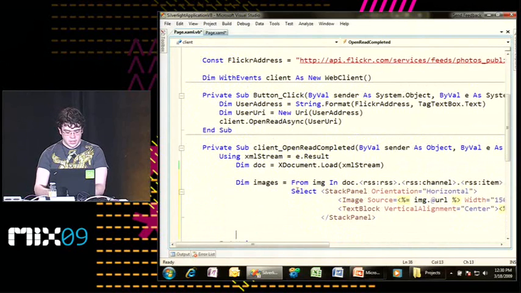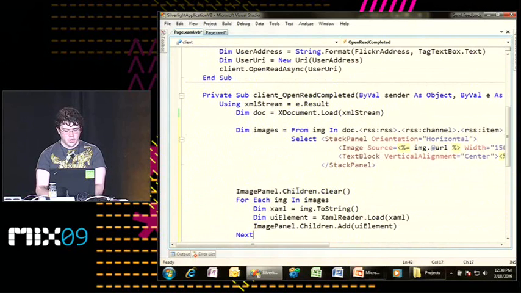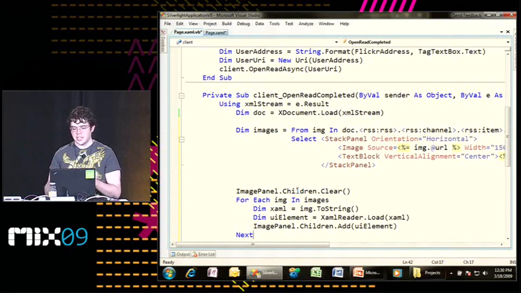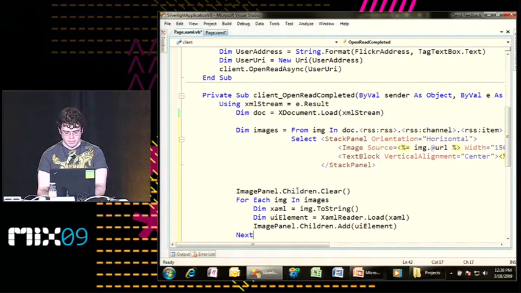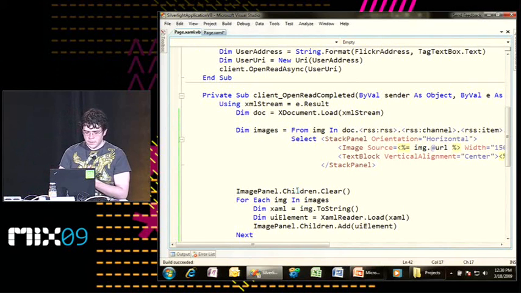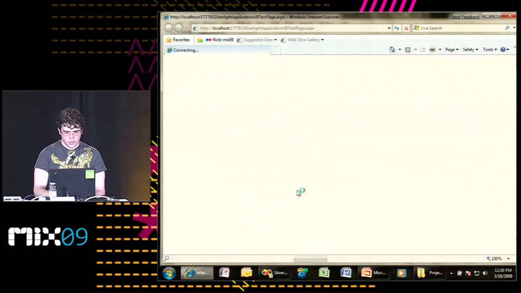And that's it. If I come down here, I'm going to put in a little bit of code down here that actually just goes through and adds it to the XML, to the XAML that I have. I'm not going to explain it because we're running a bit short on time. And I'll run this. If all goes according to plan,